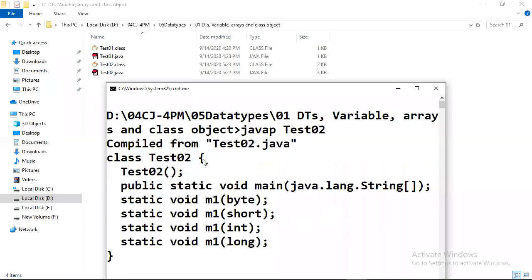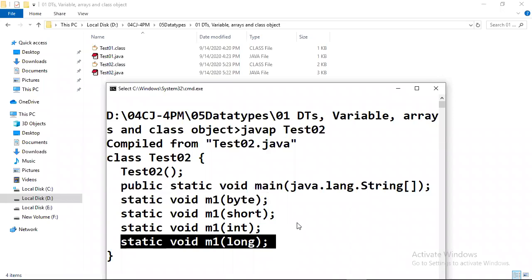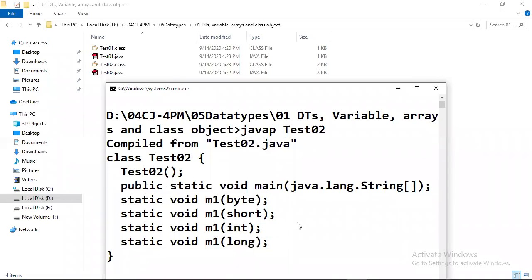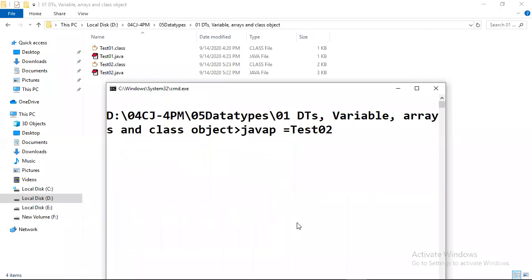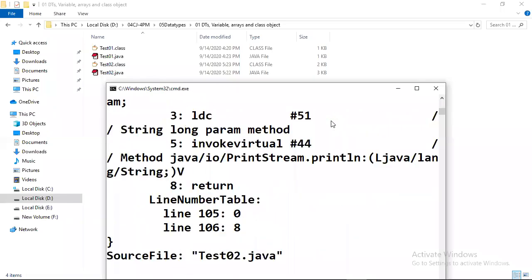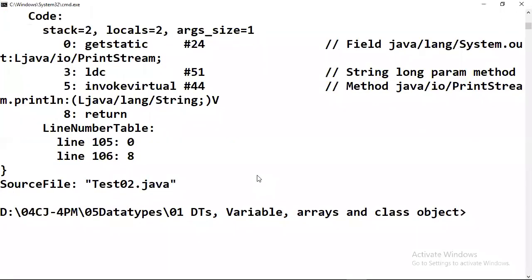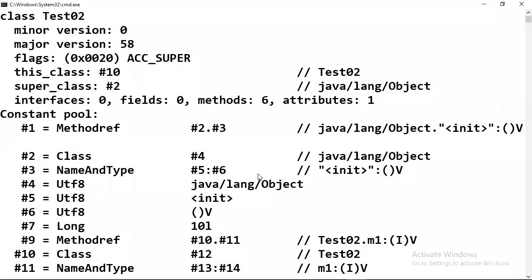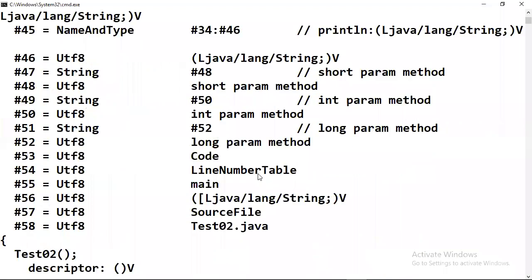Look at this. This javap command shows only the declarations of the methods available in the class. Their logic is not shown, but I want to see the logic. If you want to see the logic, you must use the option -verbose. javap -verbose will show the complete code to us: how the compiler generated it in the background and how the JVM executes the bytecode.